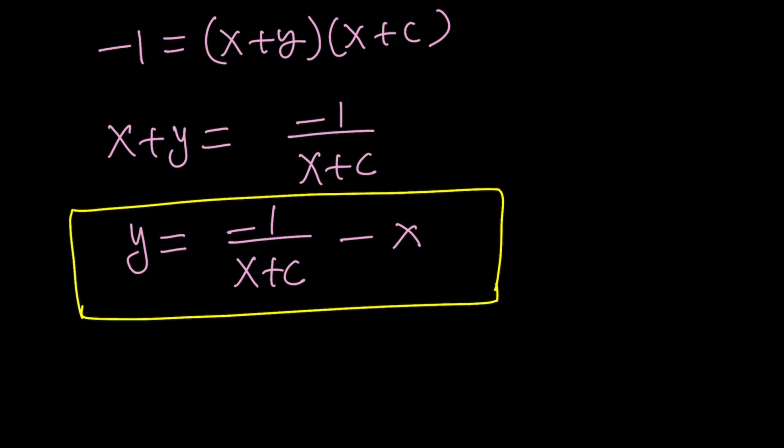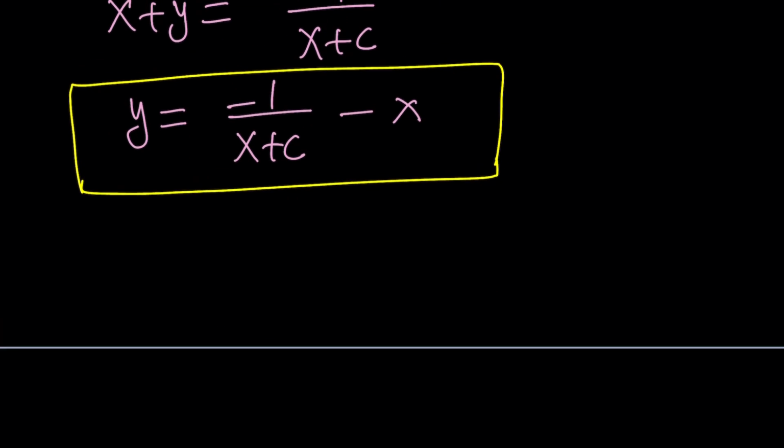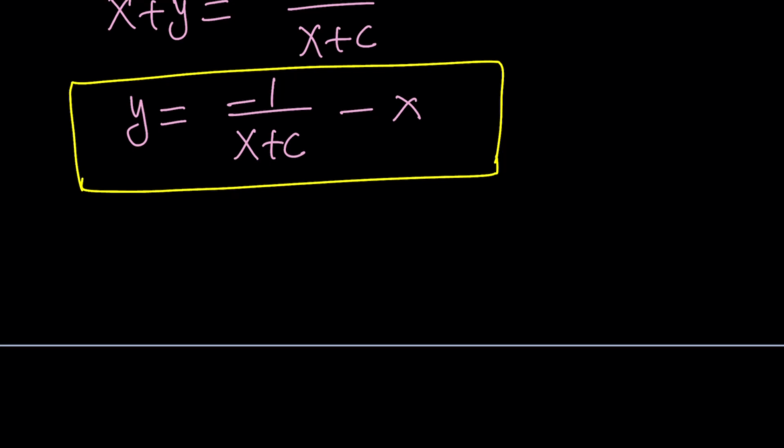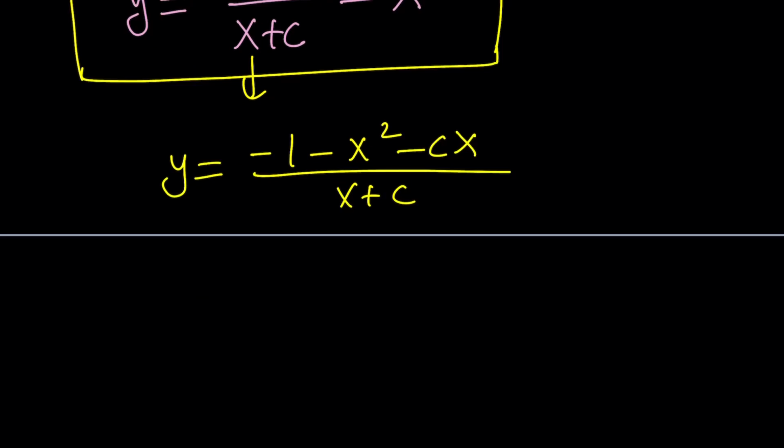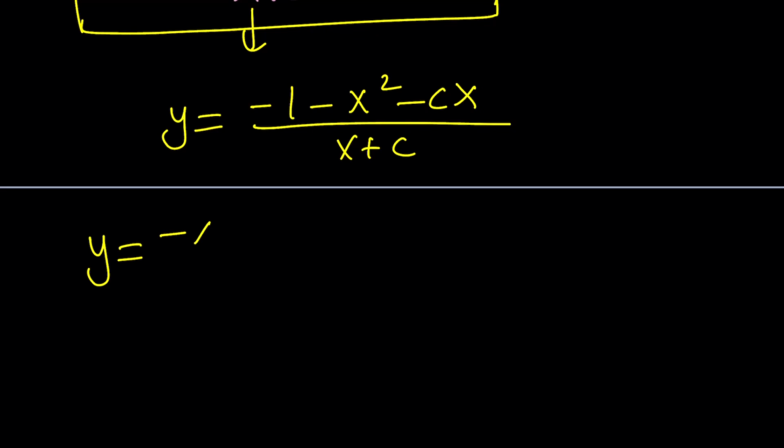But a lot of times in differential equation problems, especially if it's applicable math or some type of application, we're usually given some conditions so we can find the value of c. Anyways, this should be the answer, right? One of the things that I'd like to do, you don't have to do this, but you can definitely make a common denominator. That's going to give you negative 1 minus x squared minus cx divided by x plus c. And I could probably write it in a more standard way, negative x squared minus cx minus 1 all over